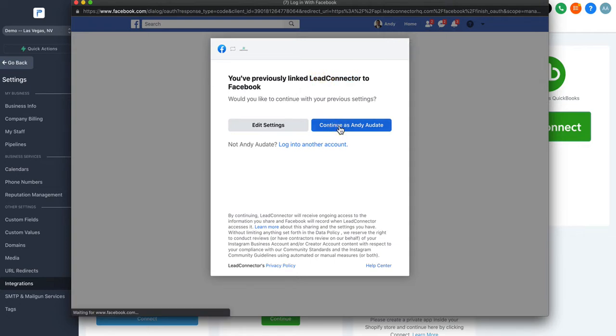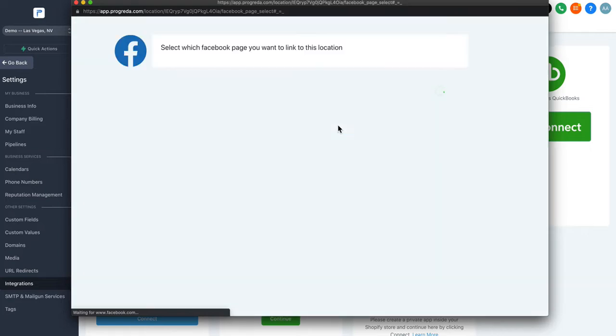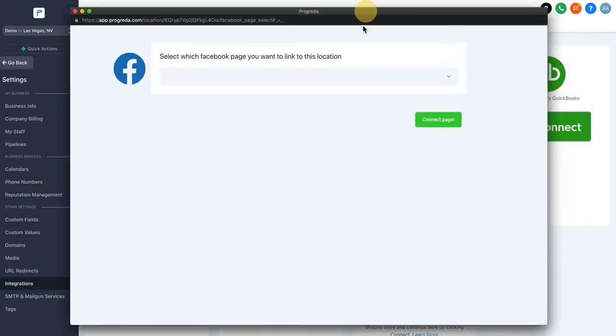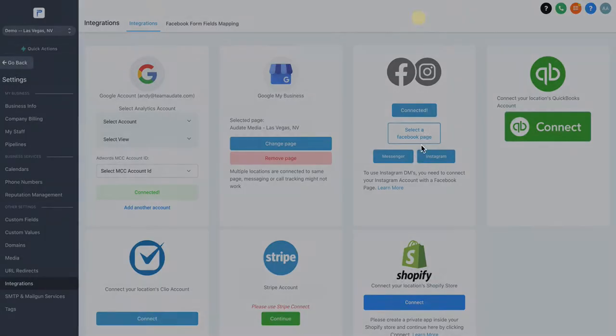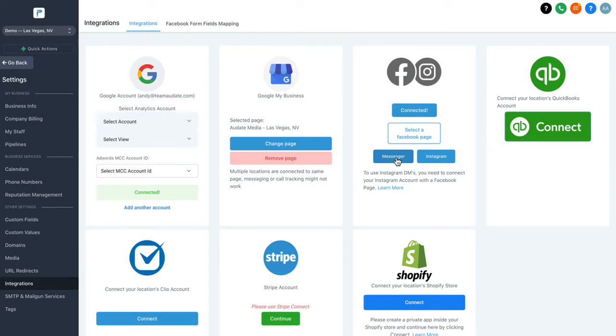So you're going to continue as whichever account that you want to use to connect your account. Okay, you're going to select the page and click Connect Page. And then just like that, it's connected. Okay, so you have Instagram and then you have Messenger. Now, usually they're connected via Facebook. So you have to have a business Facebook page with Facebook, and usually you're connecting Facebook and Instagram to your business Facebook page, and then from the Facebook page, we are then connecting your